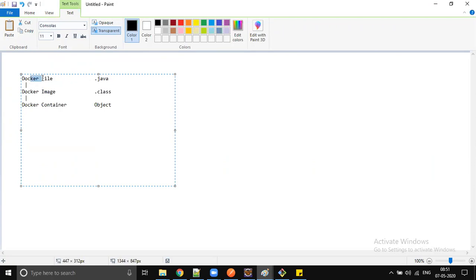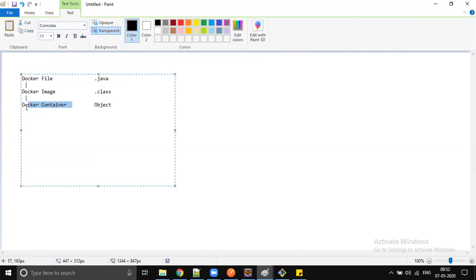By using one image, you can create any number of Docker containers. So first you write a Dockerfile, you convert that into an image. The process of converting a Dockerfile into an image is a build, and running this image as a container is like the docker run command, right? So running the Docker container. You can create any number of Docker containers from one Docker image. There is no problem with that, just like how many objects you can create from one .class file. But these two are different concepts, right?